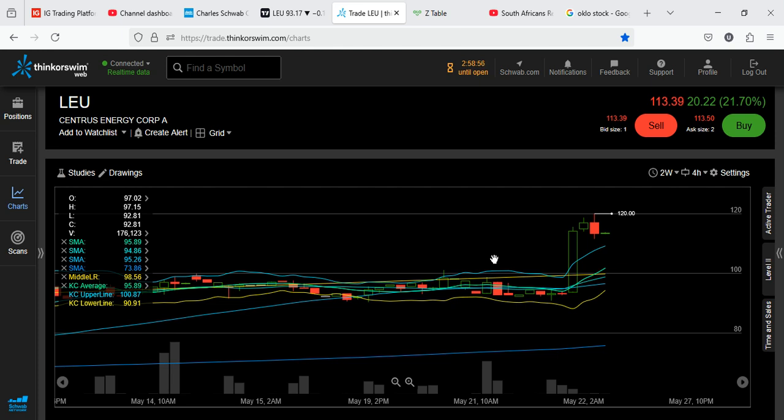Since the last 1 year, LEU stock has gained 95%. It is up 21.7% in the pre-market session of today, the 23rd of May 2025. And you may have heard that the US president has signed an executive order to boost electricity production. Stocks like LEU and Oklo are on the move. But if you didn't know what